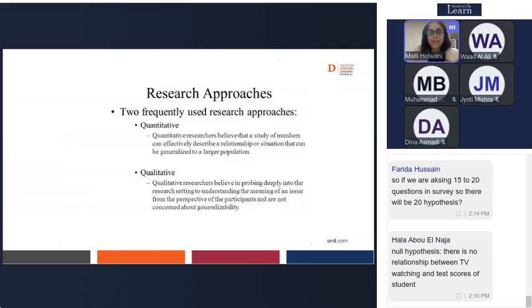Fine, let's move ahead. Now, any research will have either a quantitative approach or a qualitative approach. We had discussed what type of questions you will ask in quantitative approach and what type of questions you will ask in qualitative approach. Again, I'll repeat. In qualitative approach, you will write down open-ended questions and you will go for interviews. Open-ended questions can be 6 to 8 and interviews will also be around 6 to 8 minimum.